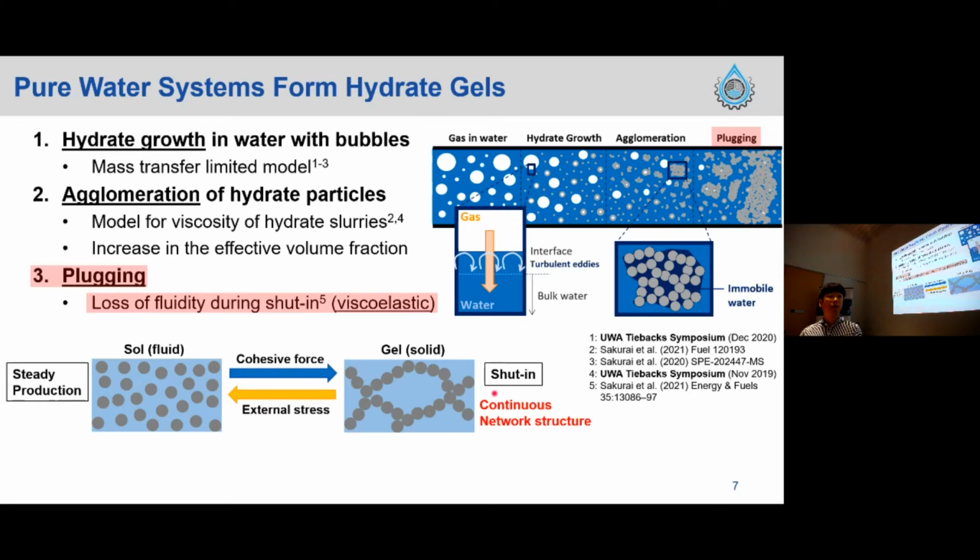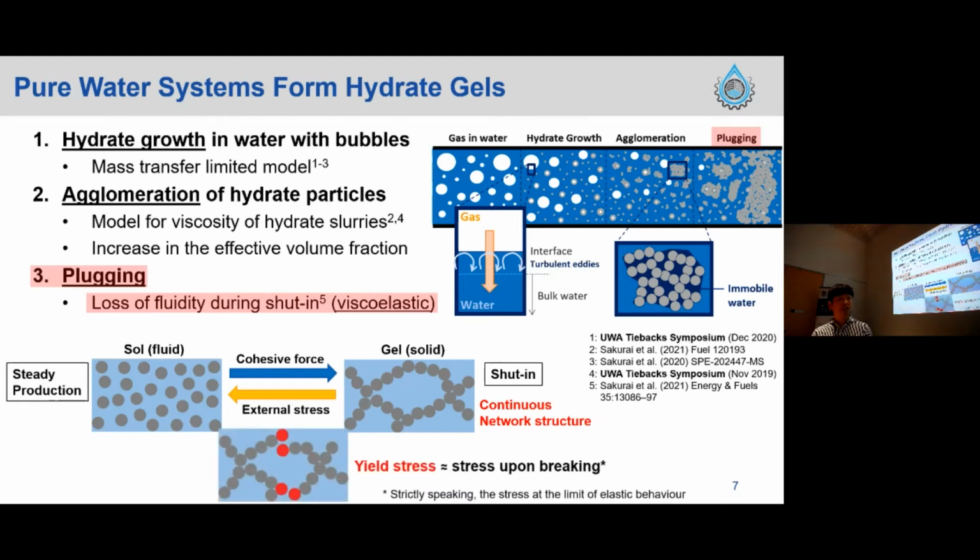For example, if you apply the stress to this material, particles in the structure should be displaced or deformed. And this behavior should store the energy inputted by the applied stress. And the driving force from Sol to Gel is cohesive force between hydrate particles, and that from Gel to Sol is external stress. And for instance, if you gradually increase the applied stress, the structure is eventually broken at some point. And the stress at this point, roughly speaking, is called yield stress.